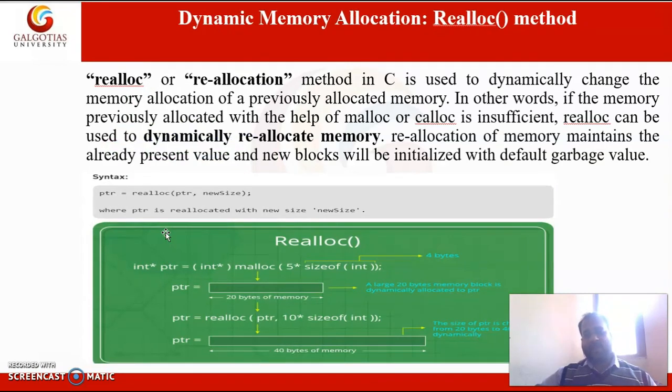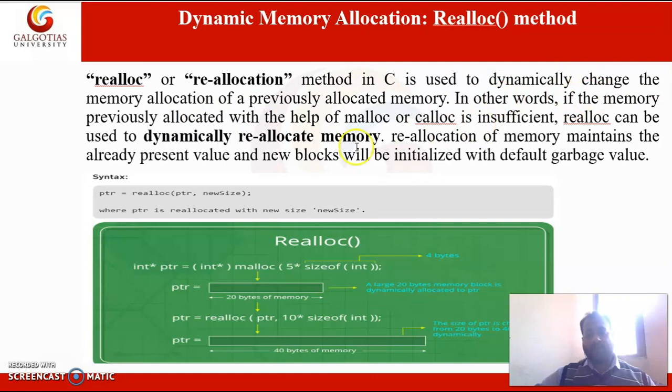Here is another method we have, that is realloc, which means reallocation. What is the use of this method? The realloc method in C is used to dynamically change the memory allocation of previously allocated memory.